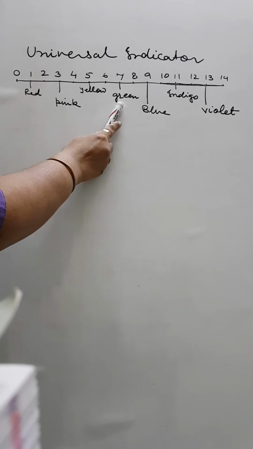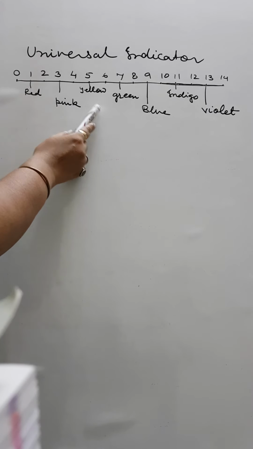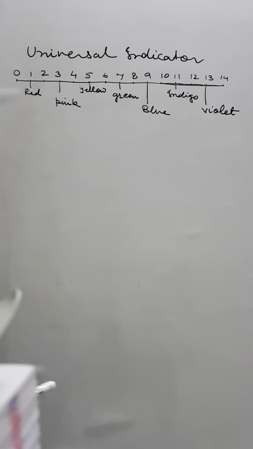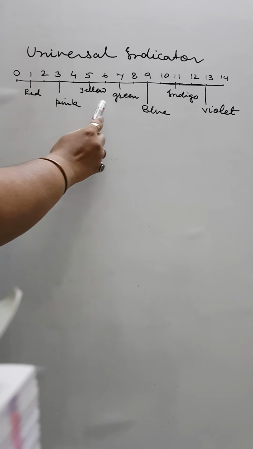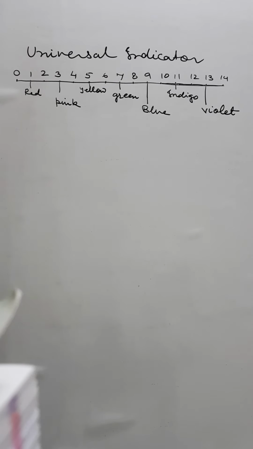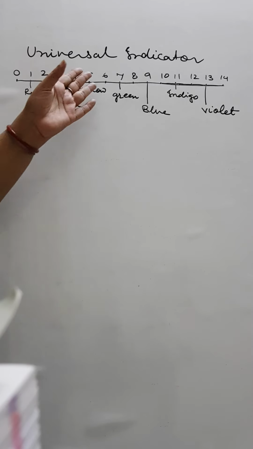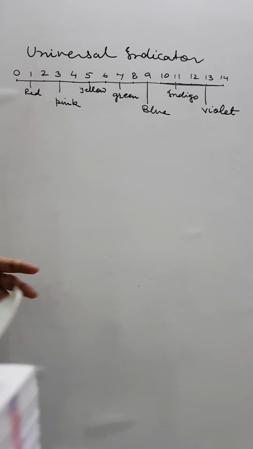So green, if pH goes to 7, becomes yellowish. When it reaches 3, it becomes pink, and then when it's 1 or lower, it is red. So in short, at 7 it is green. When you go on the lower side of the pH, it changes from yellow, then pink, and then red. At 5 yellow, at 3 pink, at 1 red. You don't have to learn this by heart. No, just have an idea.